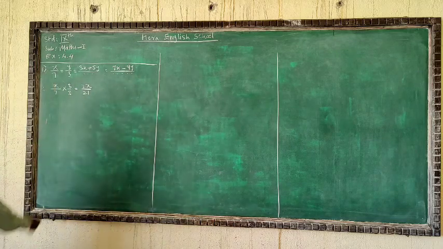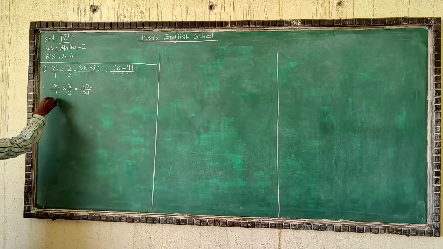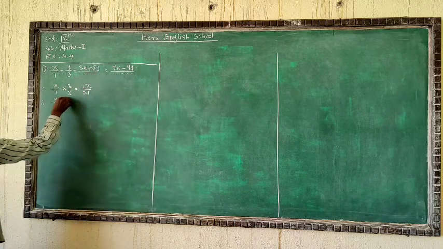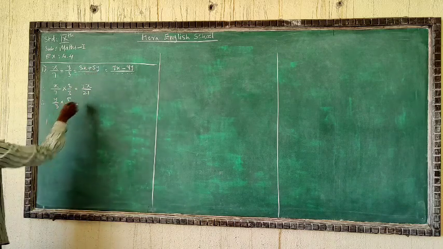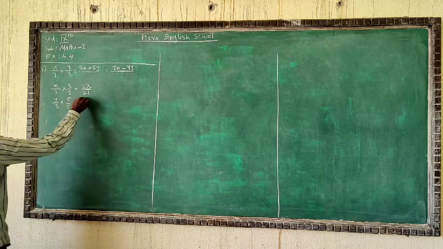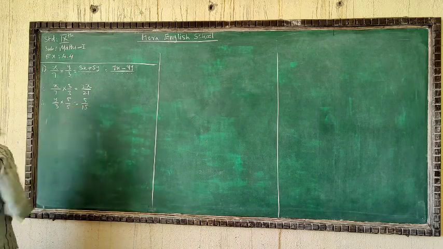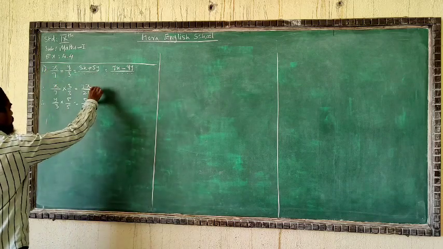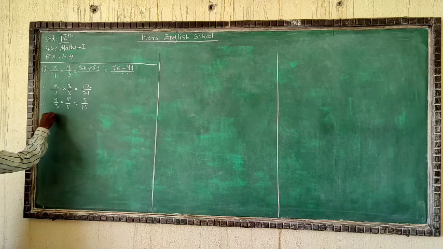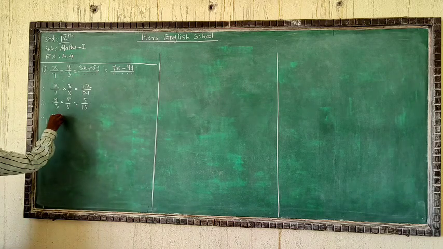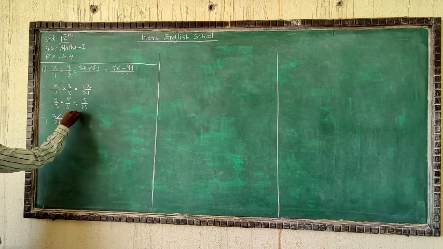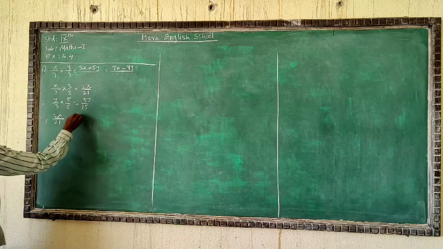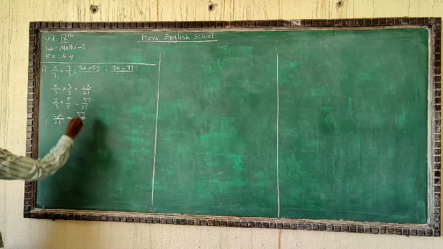equation you got like this, the first fraction, and the second fraction we have is y by 3. Now y is to be multiplied by 5, so we will multiply by 5 both the numerator and denominator. You will get 5y upon 5 times 3 is 15. Since x upon 7 and y by 3 are both equal, these two will also be equal, meaning 3x upon 21 will be equal to 5y upon 15.